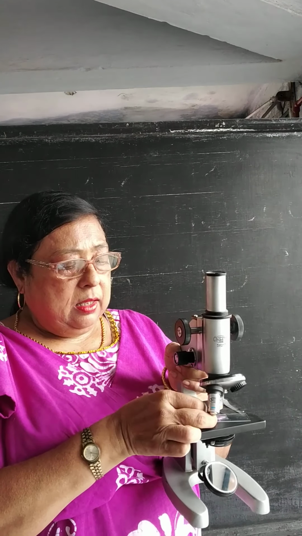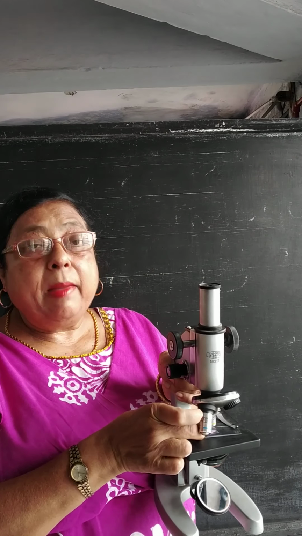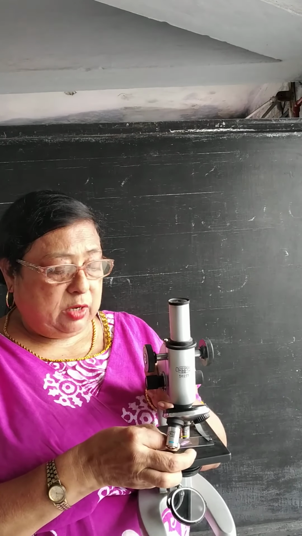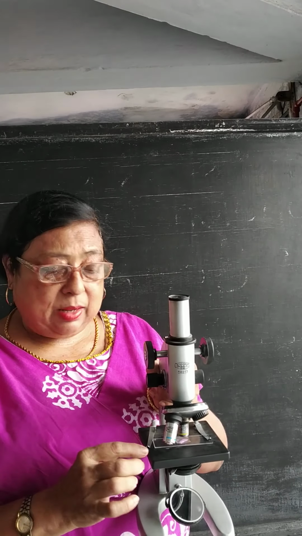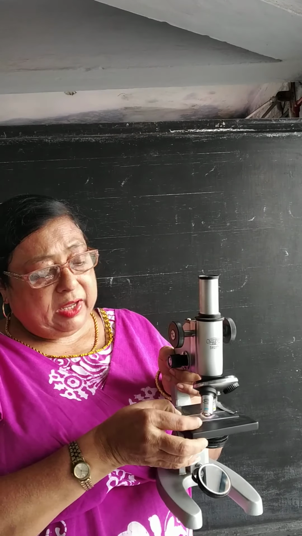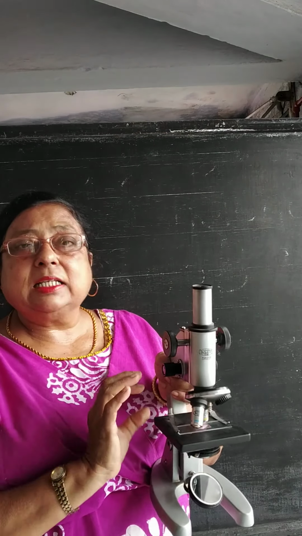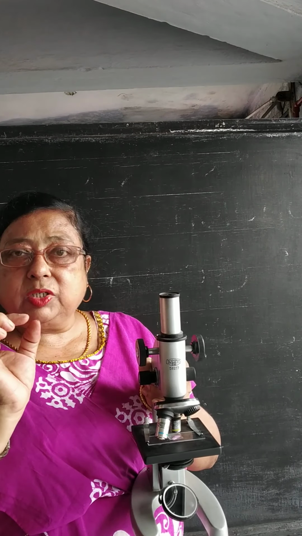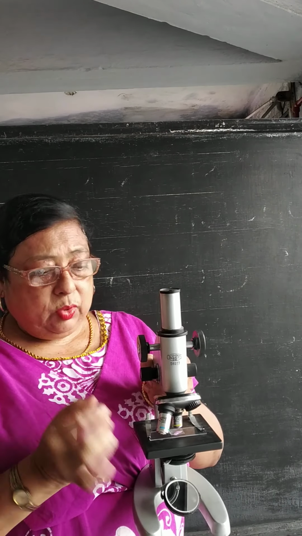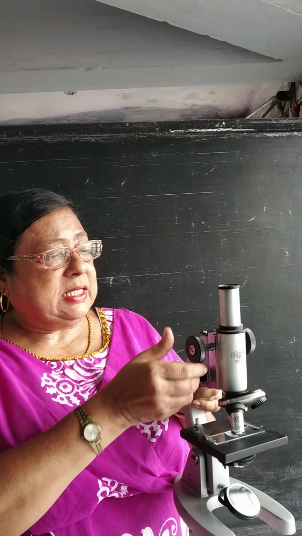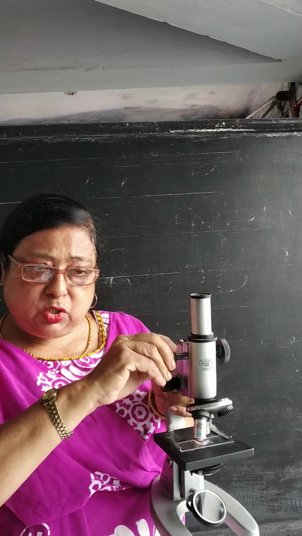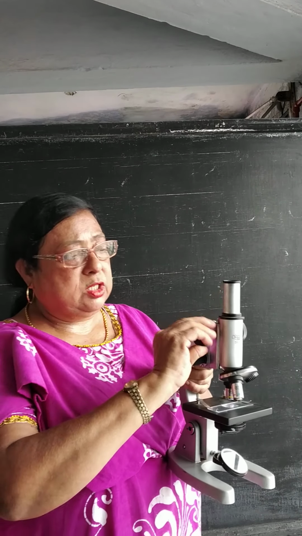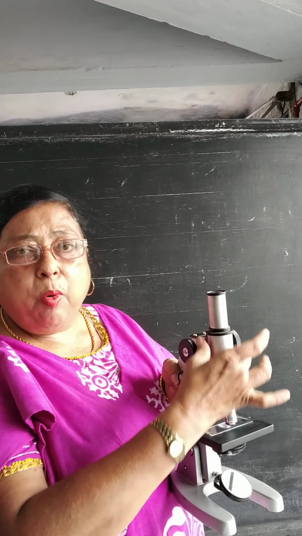This microscope has got magnification power of more than 2000 times. There are clips over here to fix the slide so that the slide does not move. And whatever object you place over the slide, over that you put a cover slip, so that when you move this up and down, this is the coarse adjustment screw, and here is the fine adjustment screw.